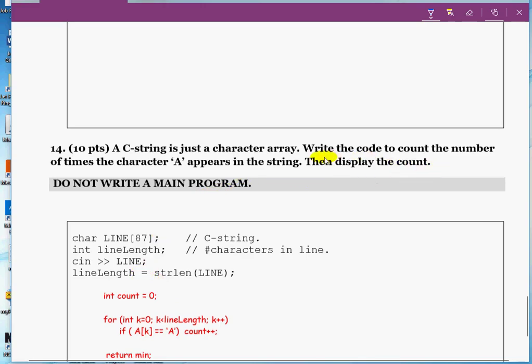So this says count the number of times the character A appears. So I have a counting problem. I set it to 0. I've got to walk through the string. The length of the string is line length. I've got to go through that and compare character by character. If I start with the first element, if